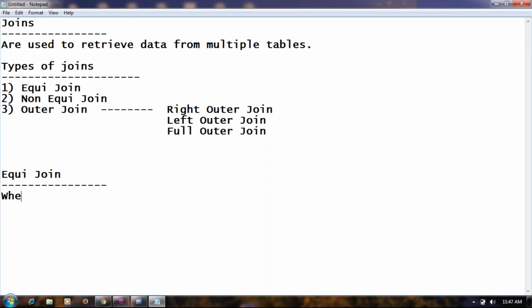When tables are joined basing on a common column,